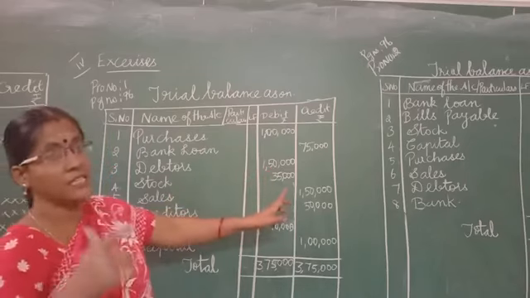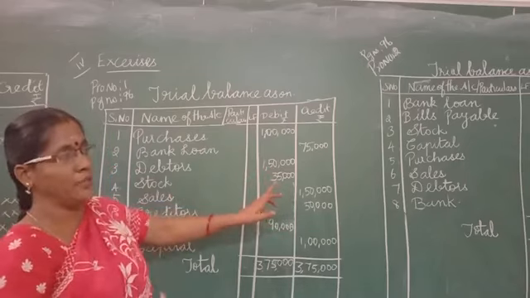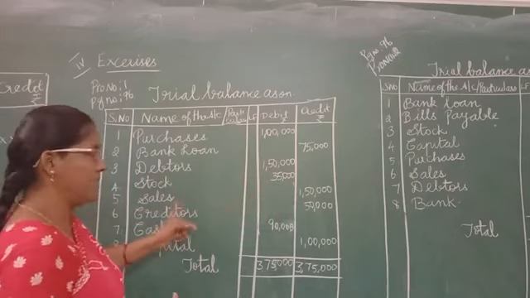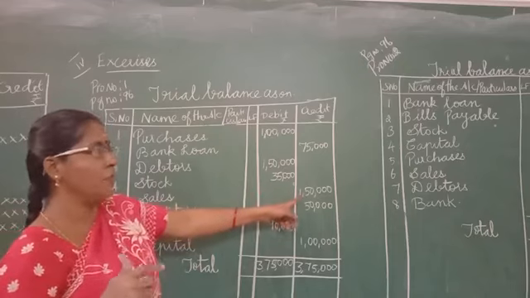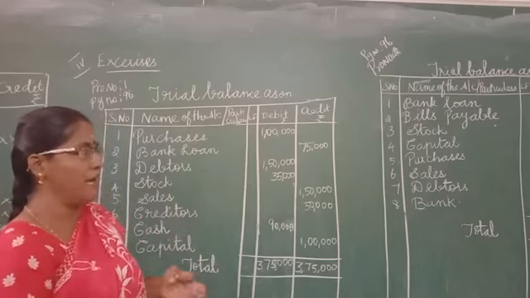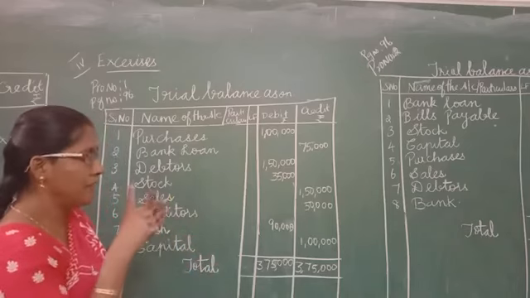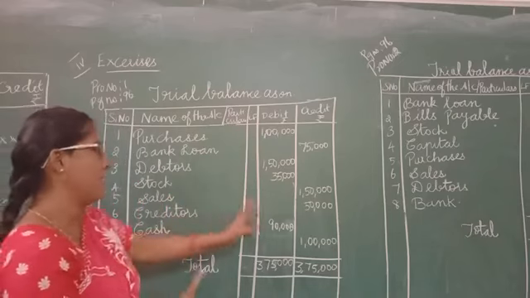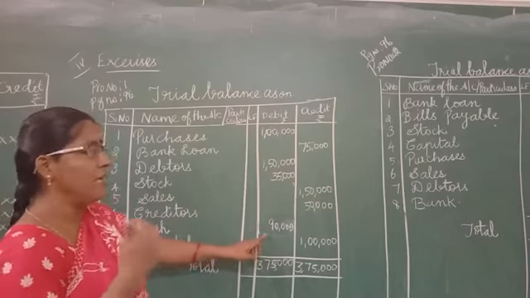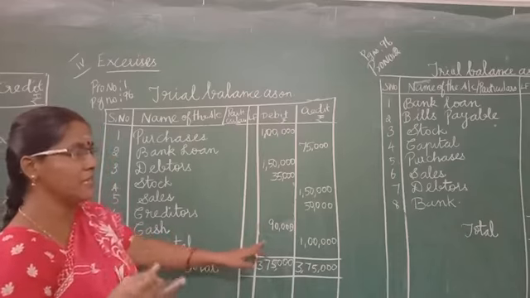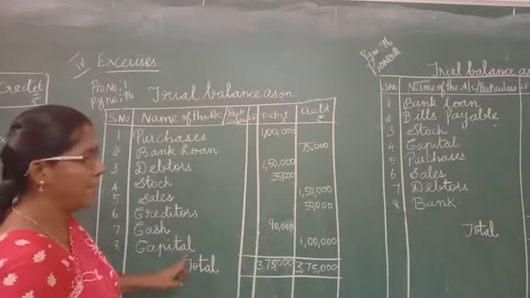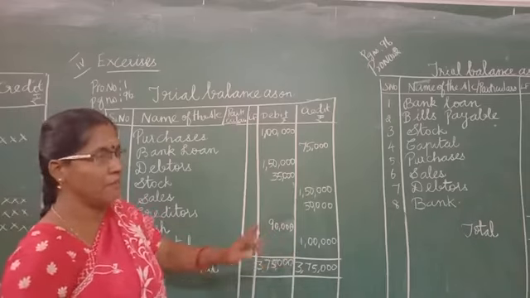Then stock is an asset, so debit what comes in. As per the real account rule, we have written debit what comes in. Then sales, it is an income, so we have to credit. Then creditors, bank loan, bank overdraft, these are all liabilities, so we have credited. Then cash is an asset for us, so we have debited. Cash is a real account, isn't it? Debit what comes in. As per the rule, we have debited. Capital, it is a liability, so we have credited.